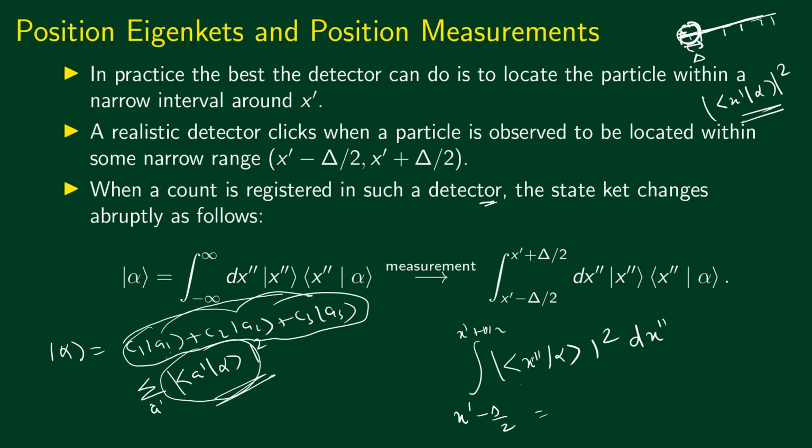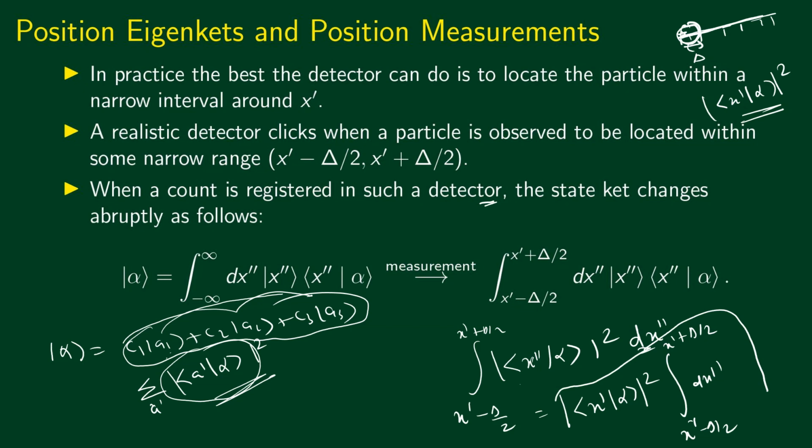So I can write this as modulus square of bra x prime ket alpha. Okay, and then I have got this integral from x prime minus delta divided by 2 up to x prime plus delta divided by 2. This dx double prime is still there. Okay, now we integrate this. This is just an integration over,